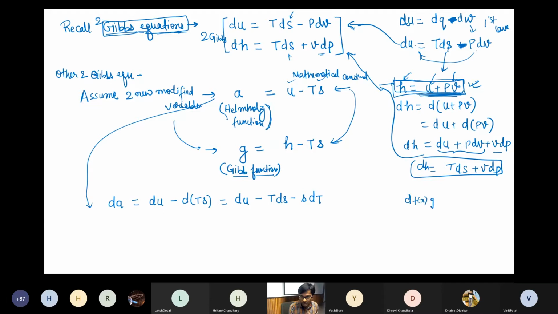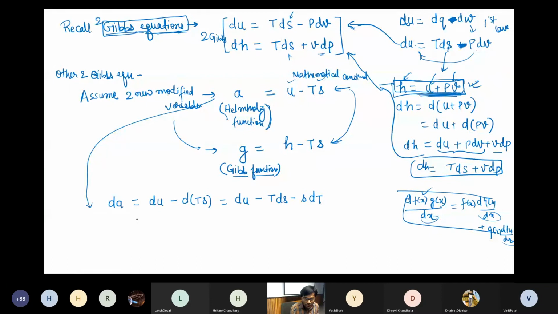If you have f(x) times g(x) and you are differentiating with x, what do you do? Yes, f dg(x)/dx plus g(x) df(x)/dx, right? You do it this way. And this dx is explicit everywhere, so we can drop this term and write it in terms of the total differential. There's nothing more in it.